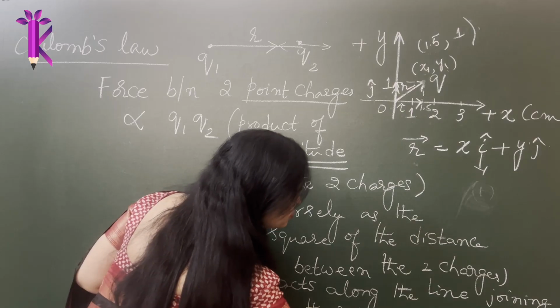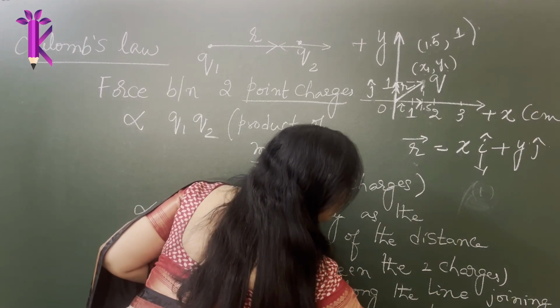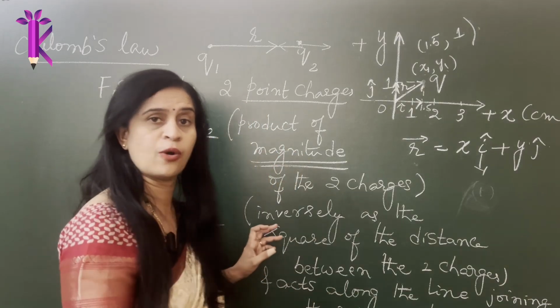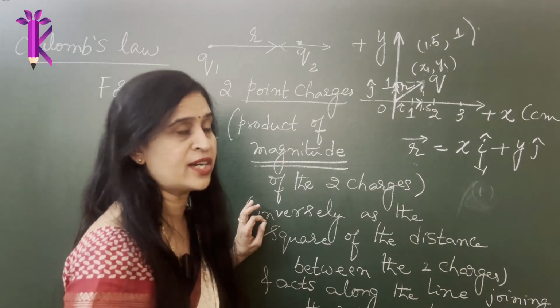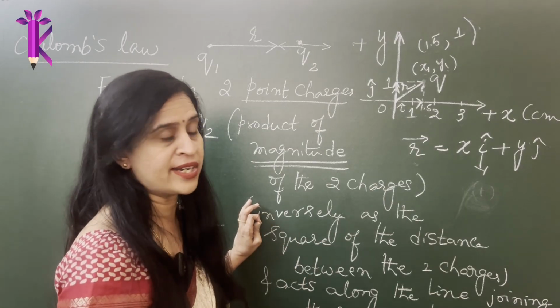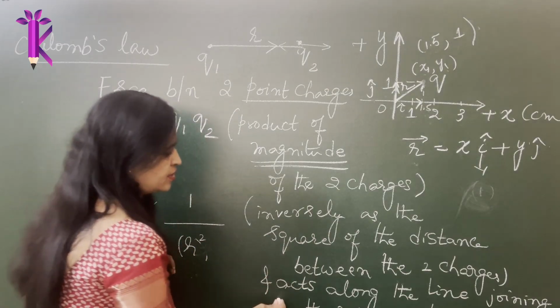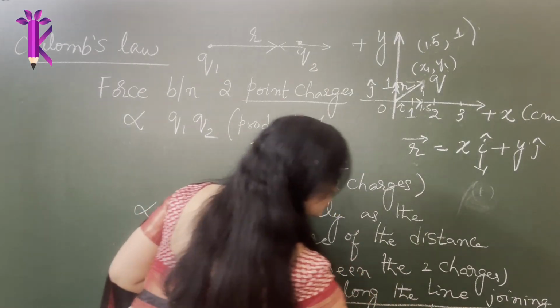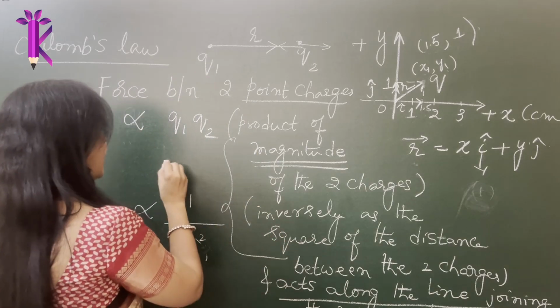Point charges is also very essential because they might want to trick you and give you a large charge, and you might see it does not really obey Coulomb's law because we are not talking about point charges at all. If you're talking about point charges, yes, Coulomb's law definitely applies. If you're not talking about point charges, then Coulomb's law fails, right? So this is a very crucial statement which gives you the magnitude part. This entire thing gives you the magnitude part, right?